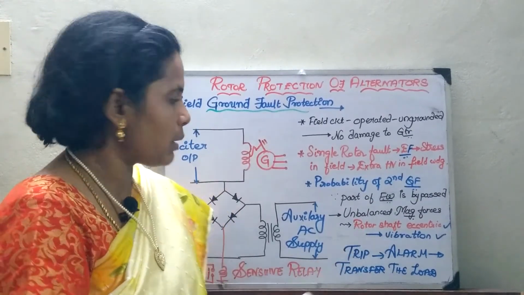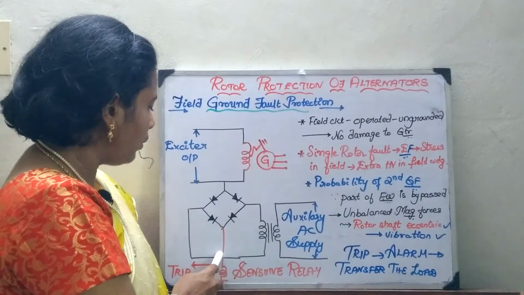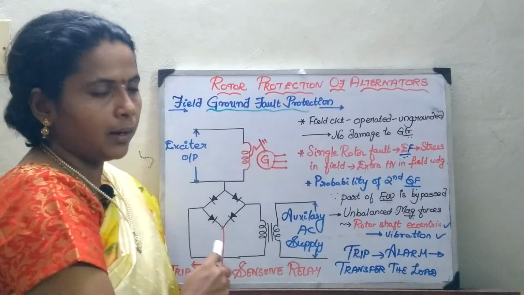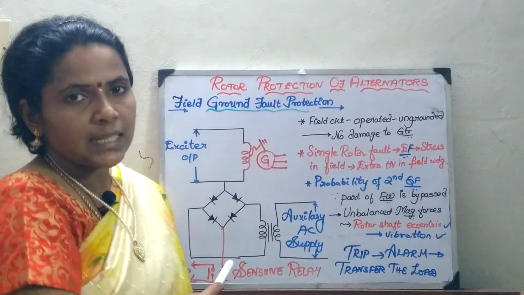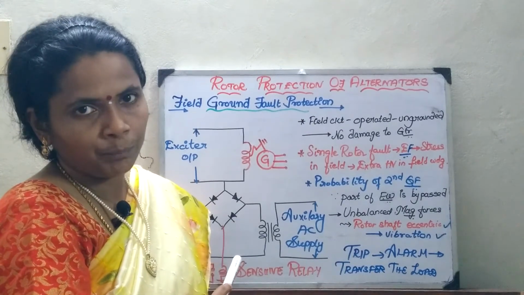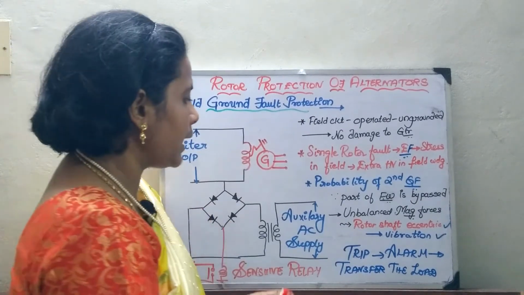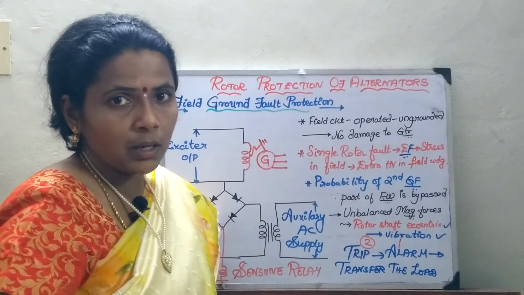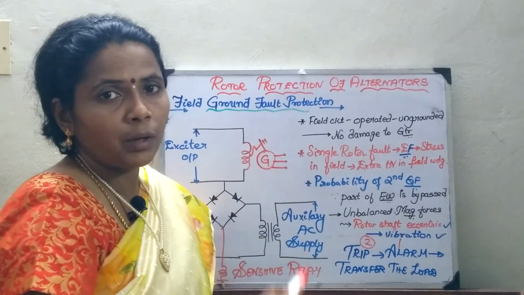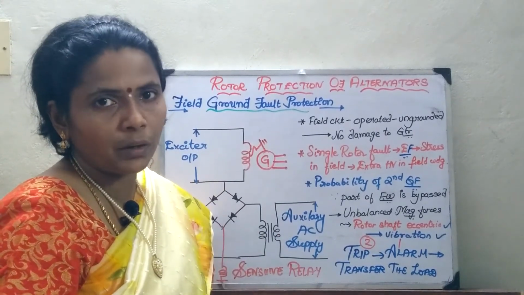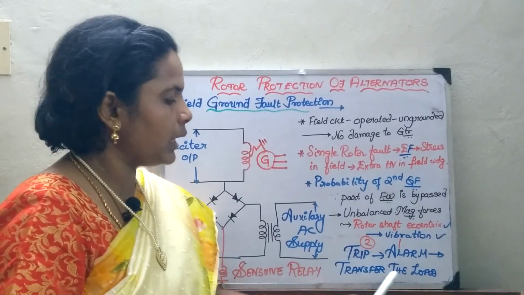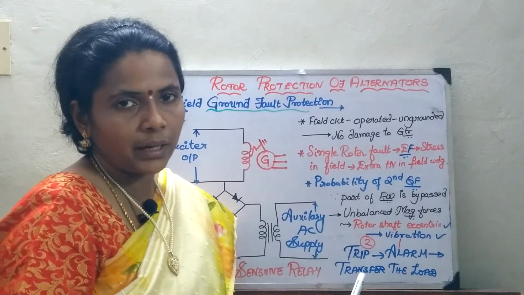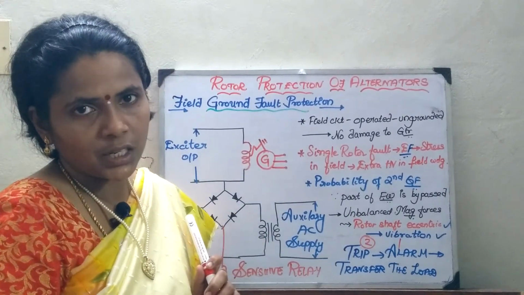So, for this, the mechanism we are going to provide is a DC voltage that is going to be impressed between your field and the earth by means of a polarized sensitivity relay. Okay. So, this relay in the initial case will alarm, and in the further case it will try to trip the load, because what happens? You cannot make your faulty generator run for a long period of time. So, in this case, it is our utmost concern that you have to transfer the load from the faulty generator and trip the generator.